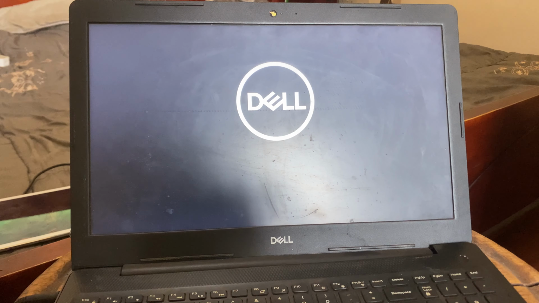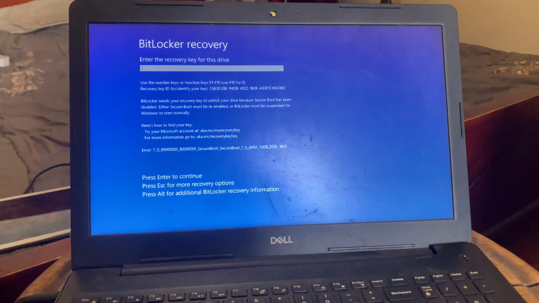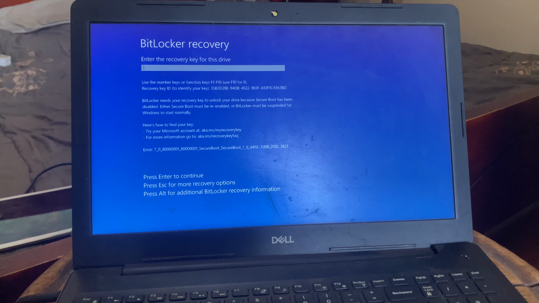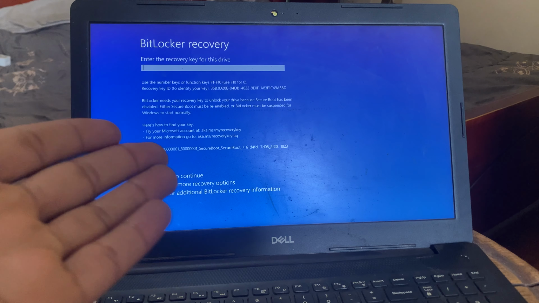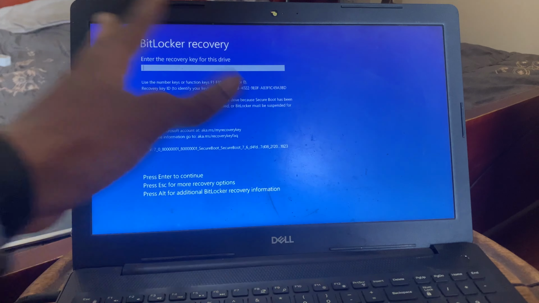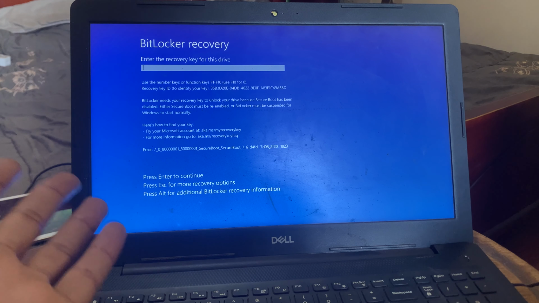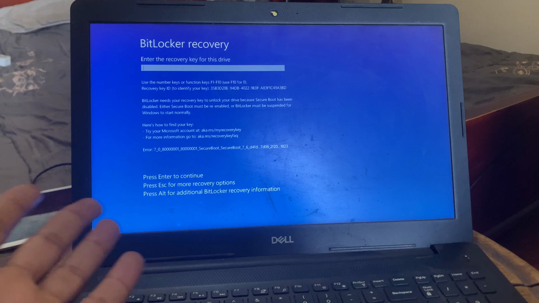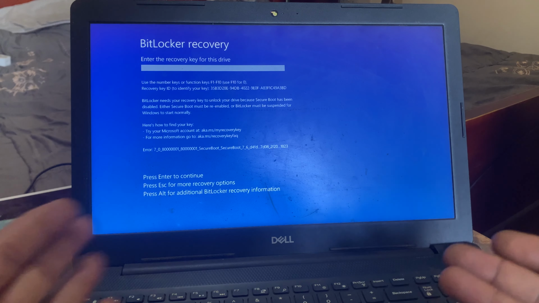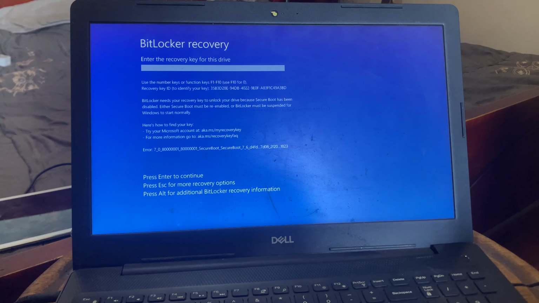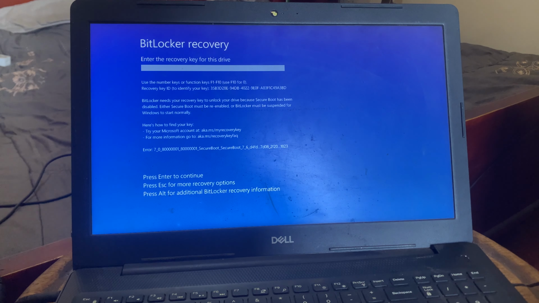It's an issue with BitLocker, and this BitLocker, if you're not prepared enough, you can see how it looks like. So I have this issue, and the BitLocker has 5 digits and has like 10 pairs of it. So if you cannot even cram it in your head, it is already there in your Microsoft account. So I'm going to show you